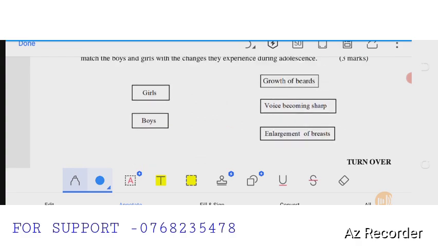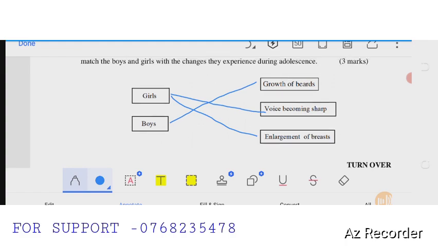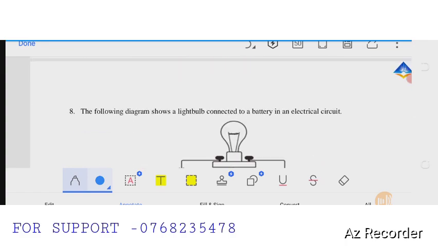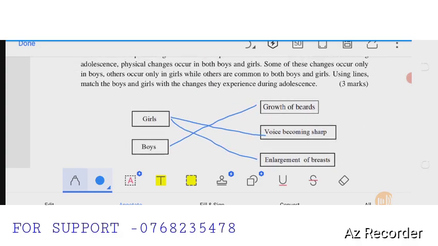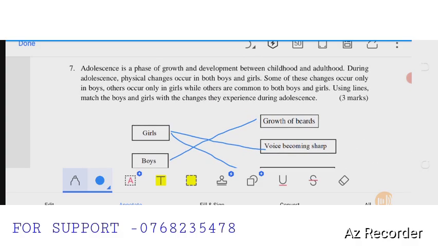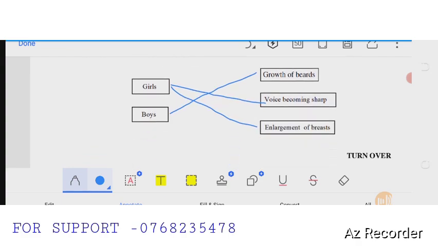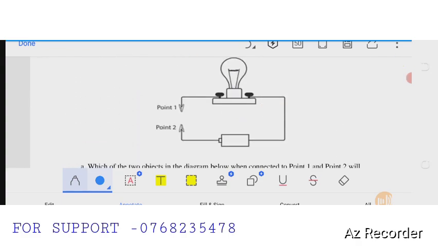So we have one side, which is the left-hand side, girls, then boys. Then the changes have growth of beards, voice becoming sharp, and enlargement of breasts. So clearly, beards are for the boys, which are for the male child. Then girls, of course, there is enlargement of breasts, and at the same time there is the voice becoming sharp. So from there you get your 3 marks. So you can go and learn more about changes that take place in both boys and girls during adolescence. So the next question, which I think